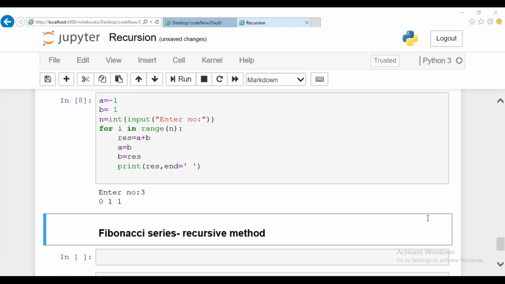Okay, Nagaraju, good. What you did is you're assuming the first 3 values, right? So if the value is given as 2, what will you do? You're assuming 3 values.